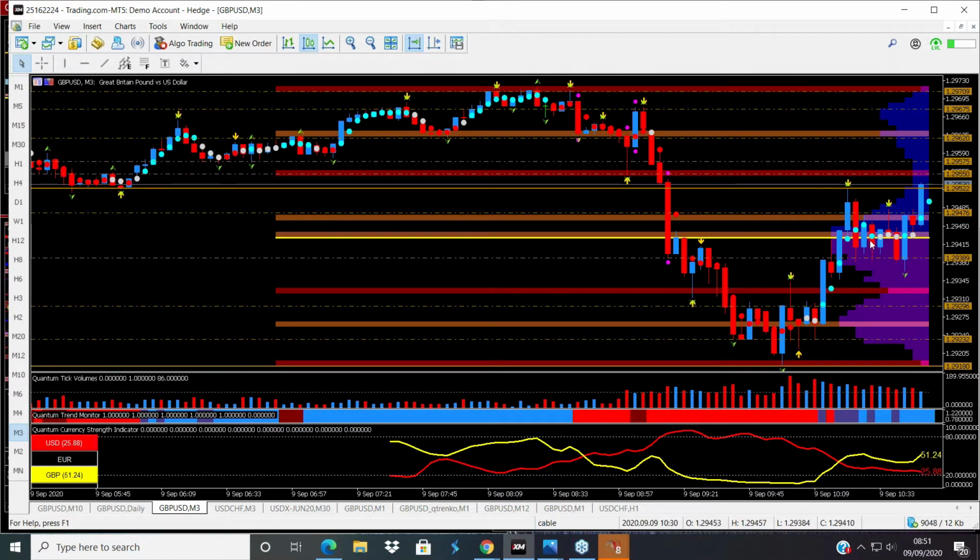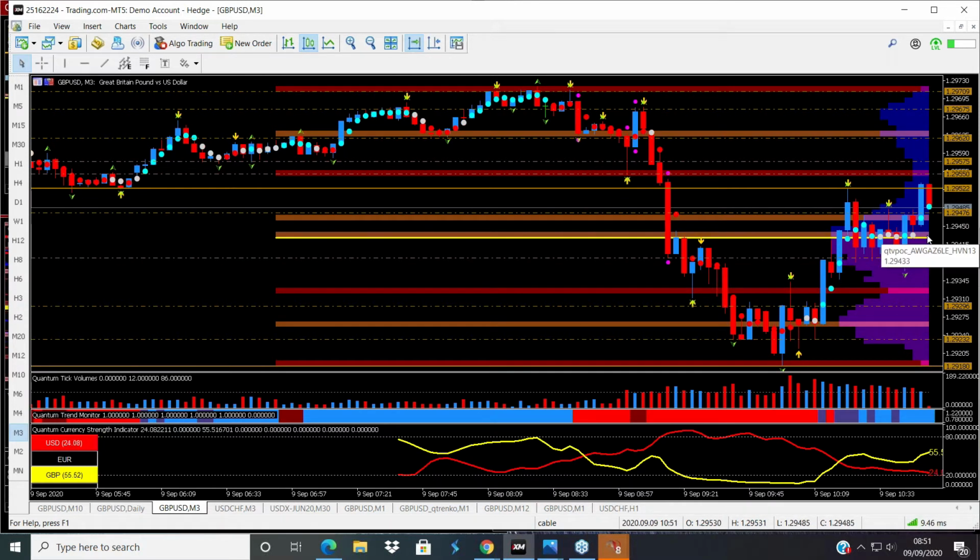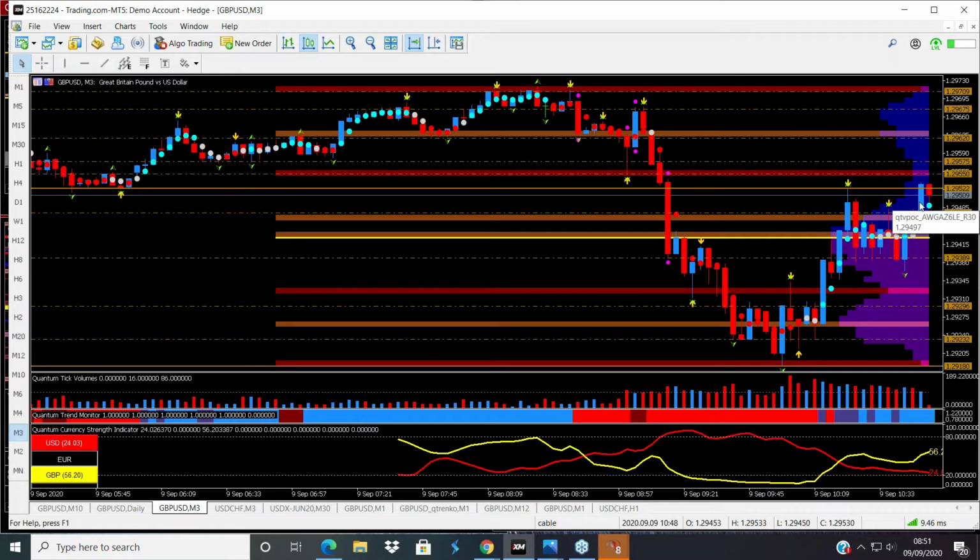We've also got the volume point of control having moved up. It was here when we looked at it earlier. It's now moved up. This little piece of price action here is the price action that we saw on NinjaTrader, but it looks as though it's going to have another attempt at breaking away. This is only the 3-minute chart, which is great. Well, we've got a nice up candle, a reasonable amount of volume underneath,